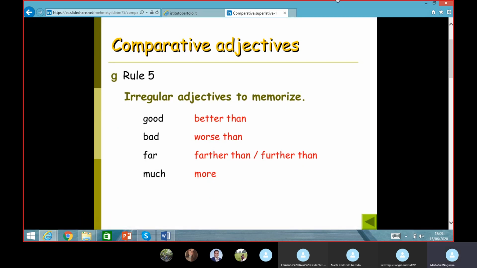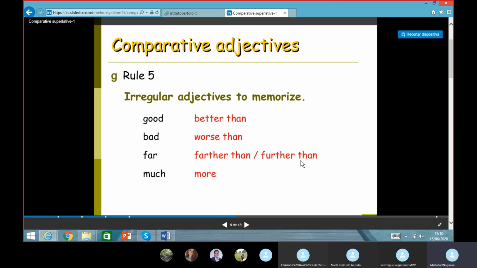But last but not least, we've got rule 5, which is irregular adjectives to memorize. Good, far, bad, much. For example, good. So we need to understand that this is irregular. So better than, but worse than, and far, farther than, or further than. This is the same. This means beyond, and this means